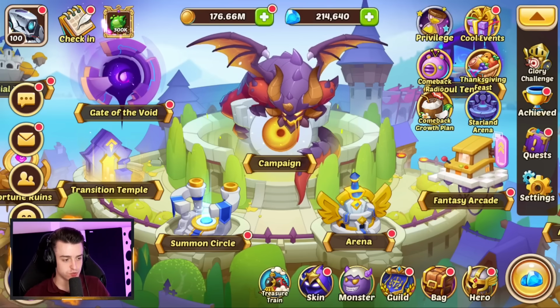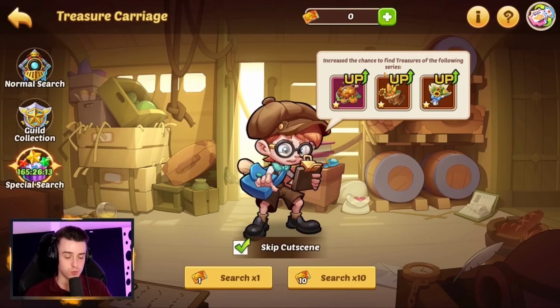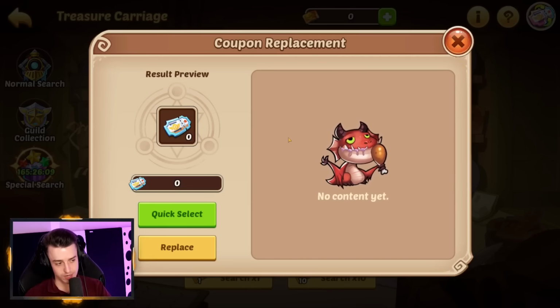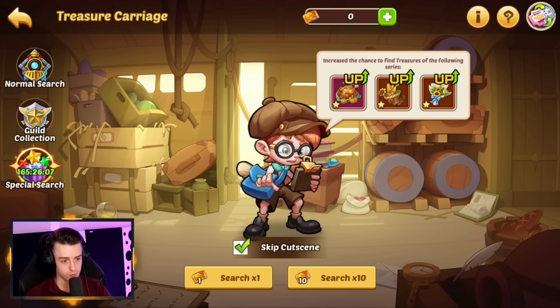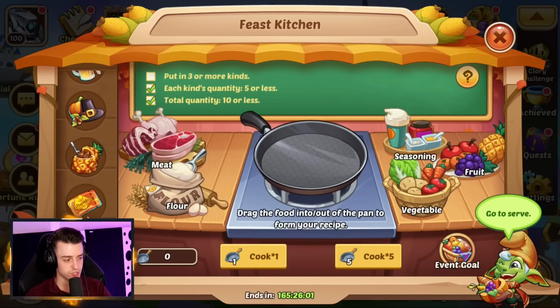So if you go into the treasure train, you can go ahead and collect stuff. And we have a special search where you can use this week's coupons for the treasure train. Now, once that's all finished, you can actually go ahead and exchange them, so you don't have to keep them this week. But if you do get to 30 and 60, you will get yourselves some orange chests, which is